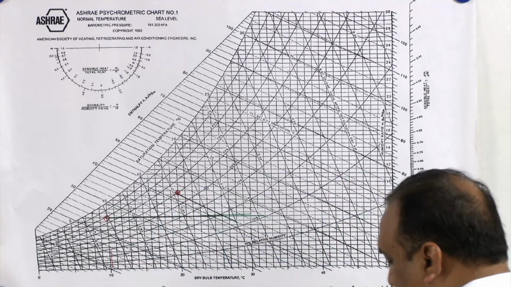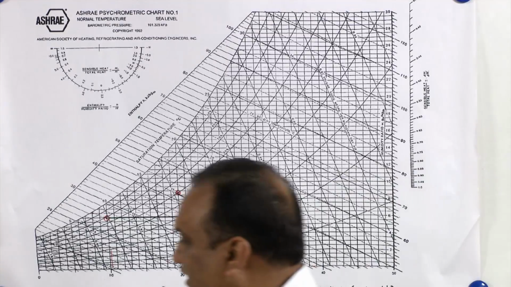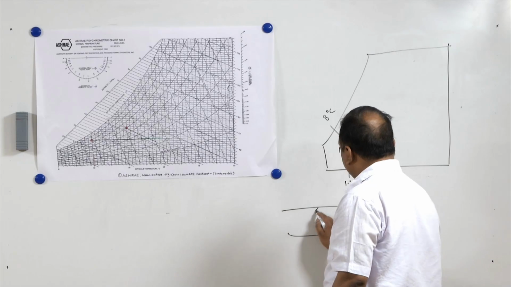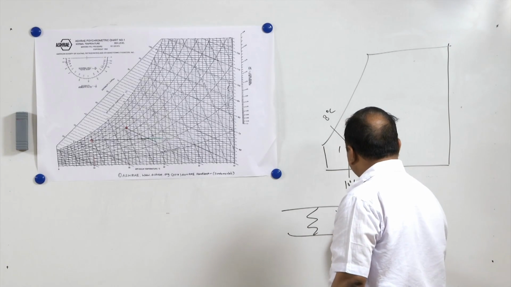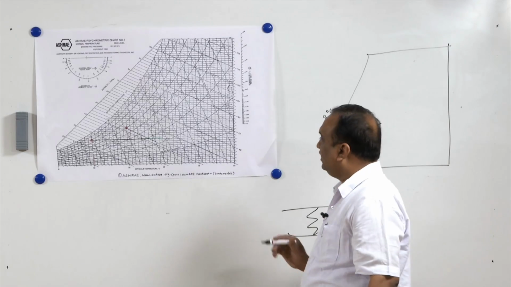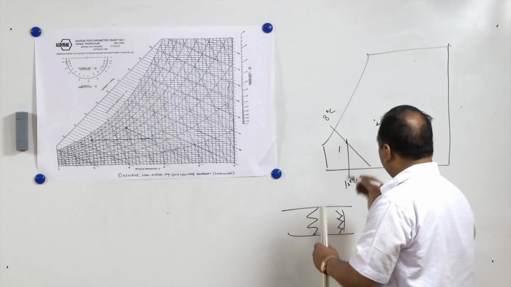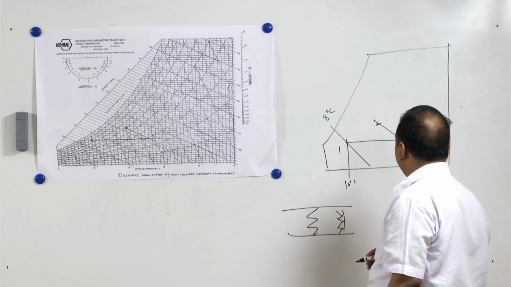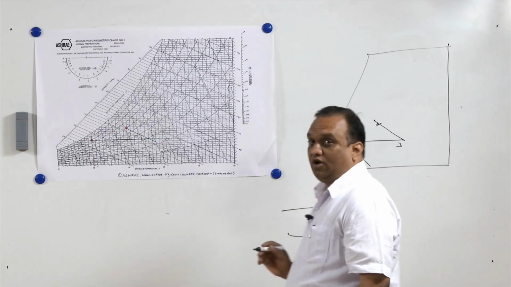So, in the actual arrangement in the duct there is going to be a heater, and after the heater there is a spray of water. So, heating and humidification is being carried out. So, here also we can show that heating and humidification, this is state 3. Now, after this